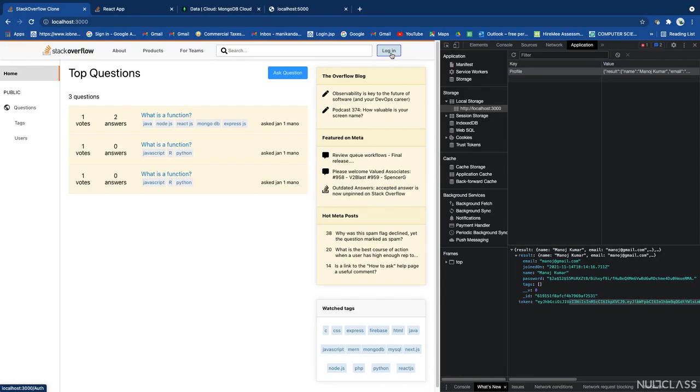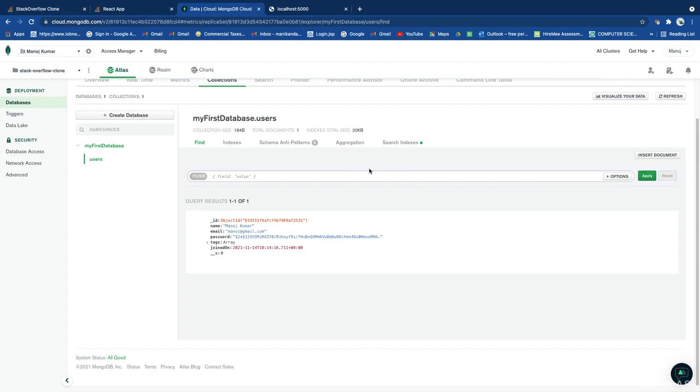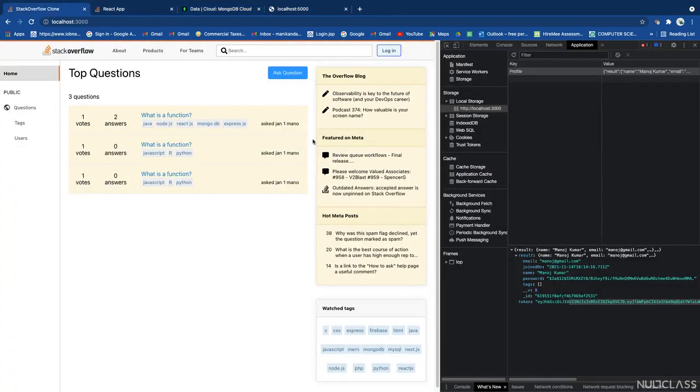In this lecture we have completed a lot of things, including backend code for authentication, as well as we have created a database. We have seen how to create a record in a database. We have seen how to create a schema in a database, and you can see we have integrated the backend with the front end, which is the most important and the complicated part. We have dealt with the Redux part. We have done a lot of actions